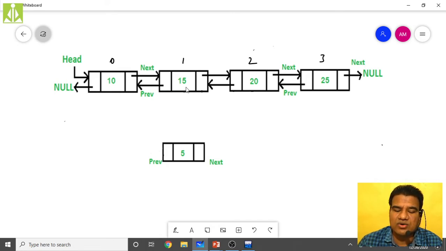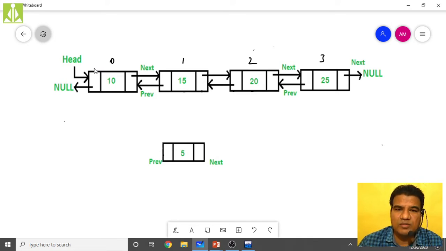When I'm saying first node, it indicates the second node of your doubly linked list, like your array index, isn't it? Whenever we are saying a of 0, that is your first element, a of 1, that is your second element, a of 2, third element. Likewise, a of n minus 1 indicates the nth element in your array. So here also the same thing. When I'm saying 0th position, here we said it not as index but as position. We need to use the terminology position.